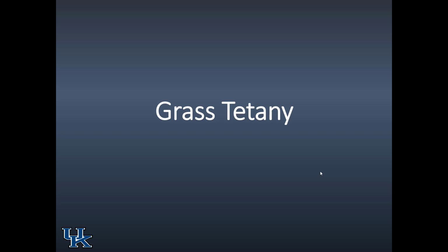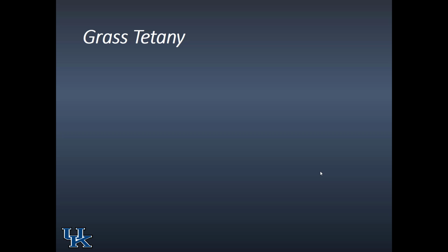So that's a very quick look at bloat. We'll probably take it up again when we speak of white clover. Let's take a look finally at grass tetany. Grass tetany is also called hypomagnesemia or grass staggers, not stagers,